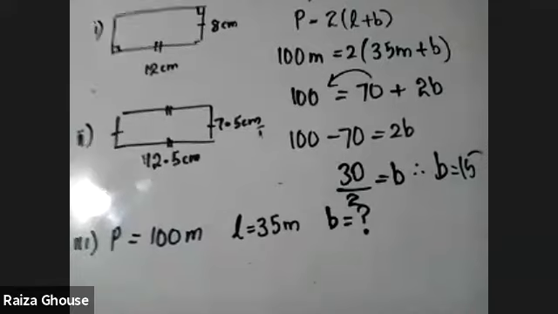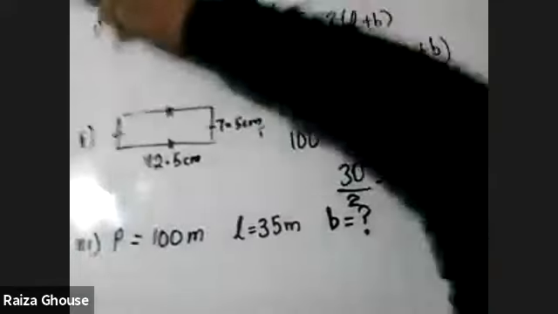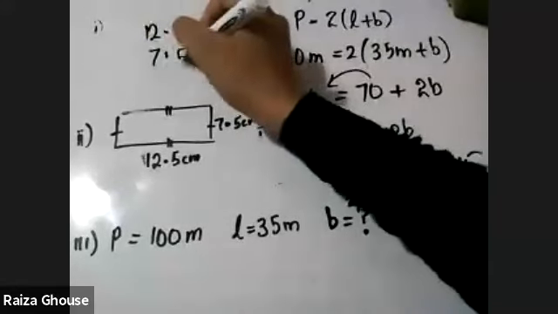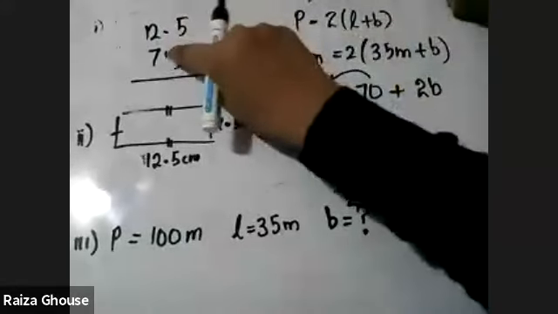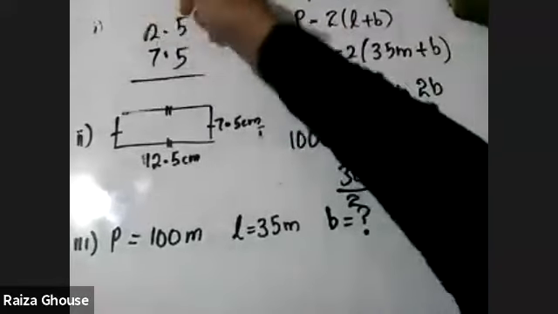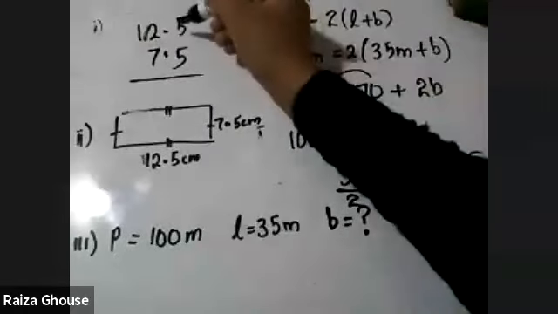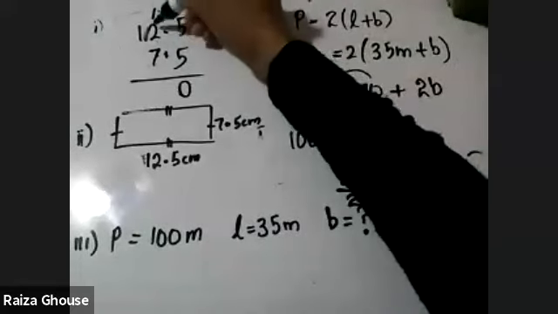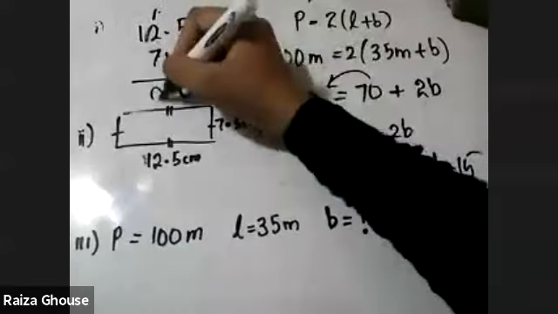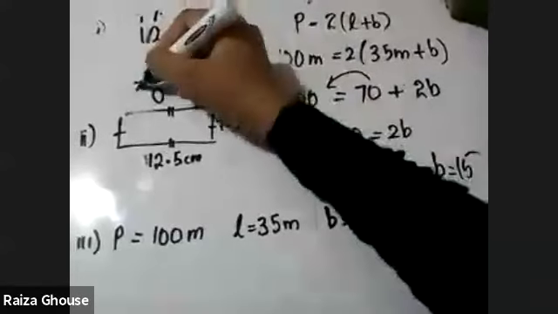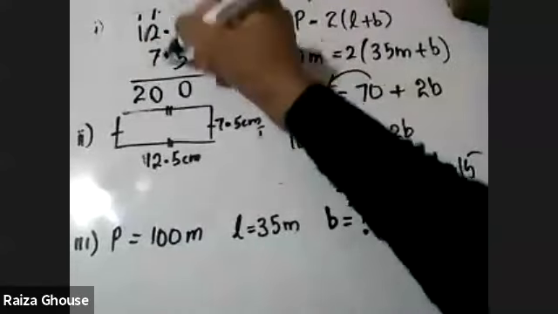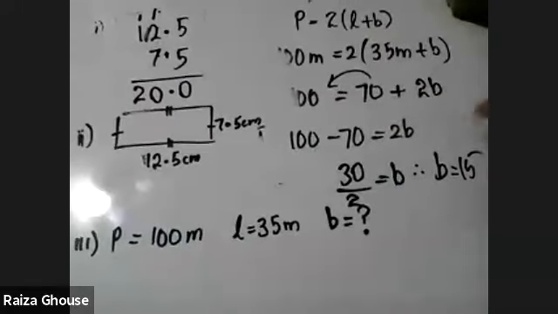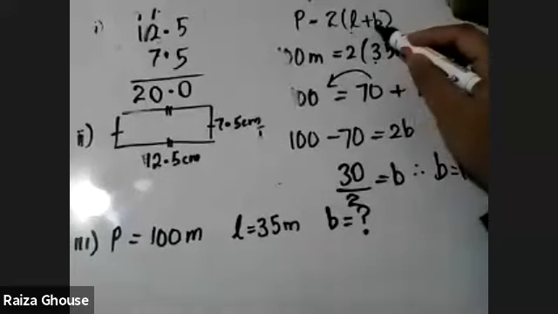No? Okay, that's the problem. So 12.5 and 7.5, this way you have to add. The decimal point should be under the same point, right? Then the value should be written in this manner. 5 plus 5, 10, 0 here, remainder 1 here. 7, 8, 9, 10, 0 here, remainder 1 here. Now you get 20, and the decimal should come here also. 20.0 means 20. So that 20 is the answer for length plus breadth.